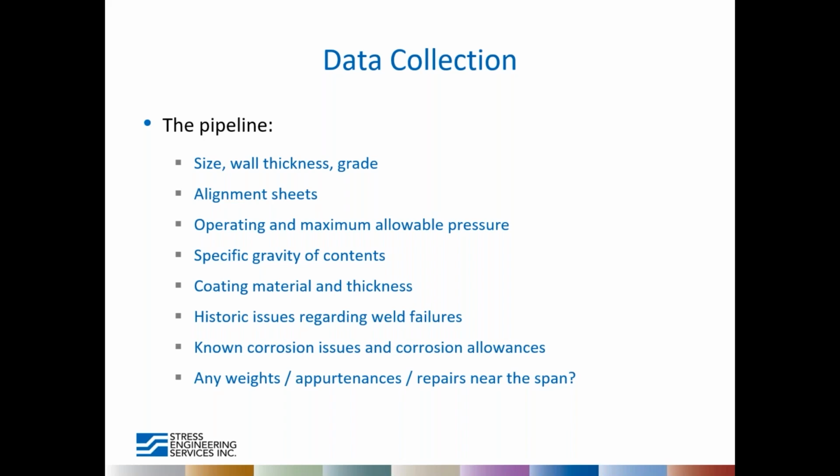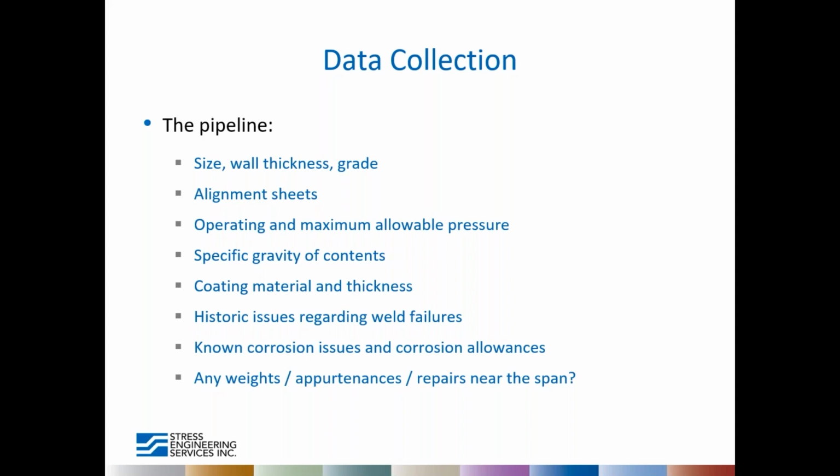So for the pipeline itself, we need to know things like the wall size, the thickness, and the grade. You need to know where the pipe goes, so you need alignment sheets. We need pressures for calculating the stresses, the specific gravity of the contents for determining the weight, coating materials and thicknesses. If you have a pipe with, say, a 16th inch coating of polyurethane on it, that's not going to make any difference. But if I've got 4 inches of concrete, then I probably need to consider that in the